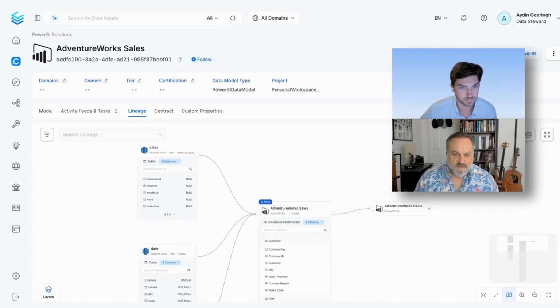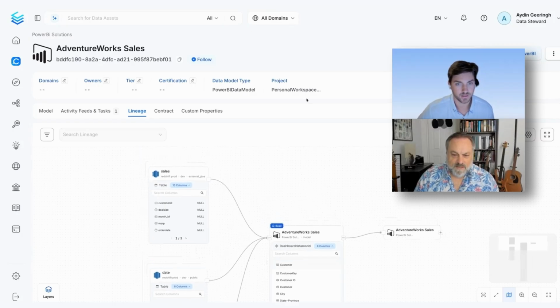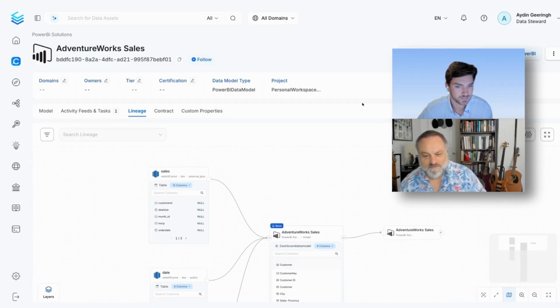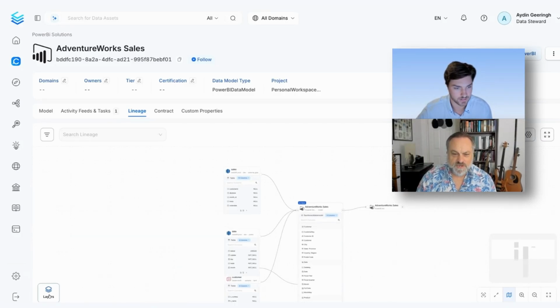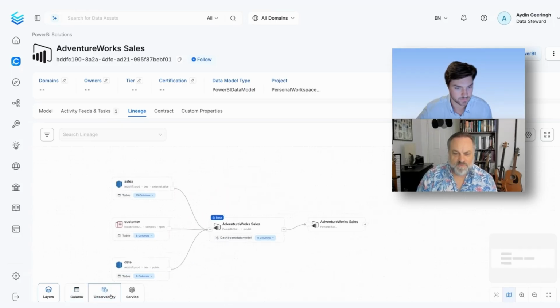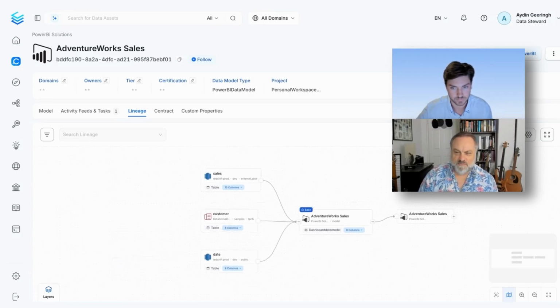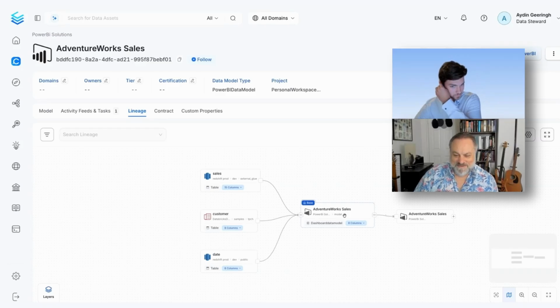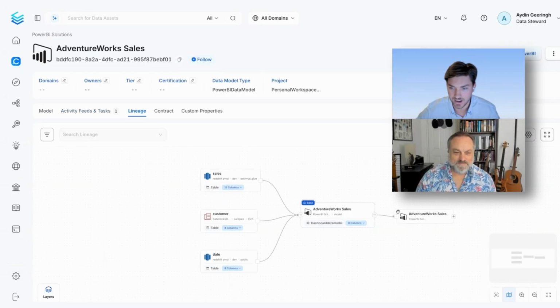That is excellent. I mean, the lineage is always a fun view, but it's also a very important view because, like you say, if you've got data quality checks going, if you're looking at your dashboard, it's like something doesn't seem right, and you come in here and there's a bunch of alerts going off, then exactly, we've got to fix something. The last thing I really wanted to highlight here is you might have noticed there's this blue button